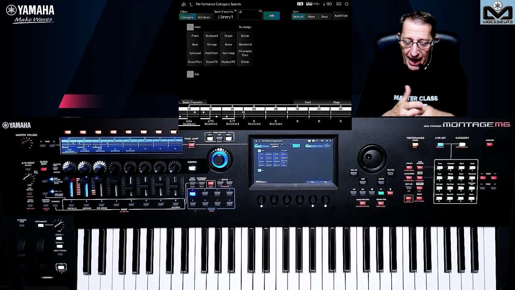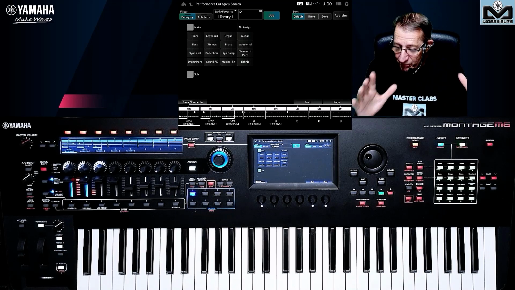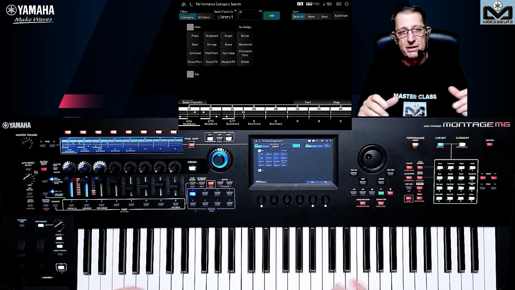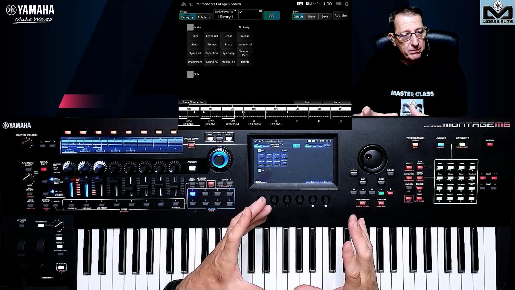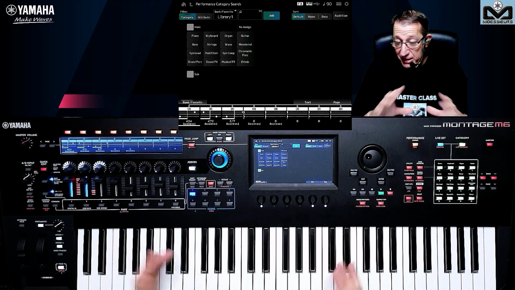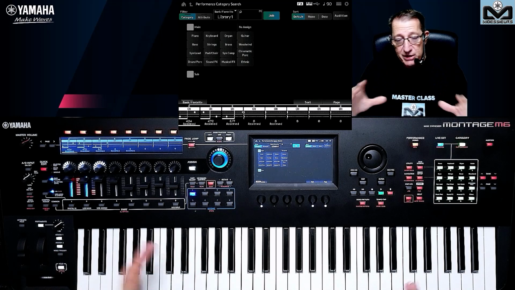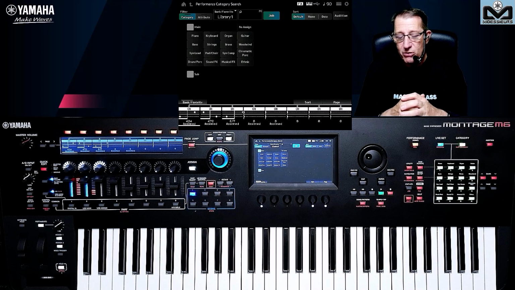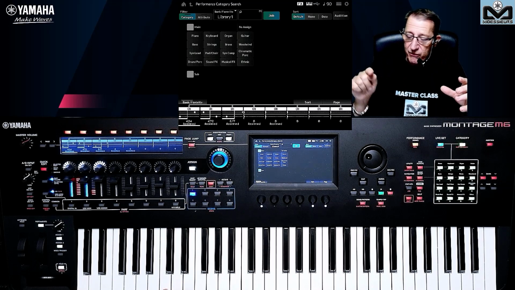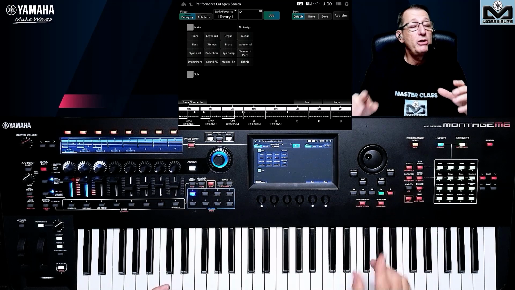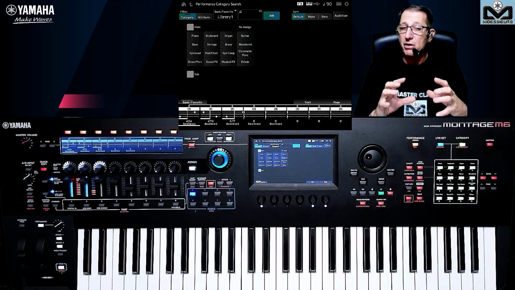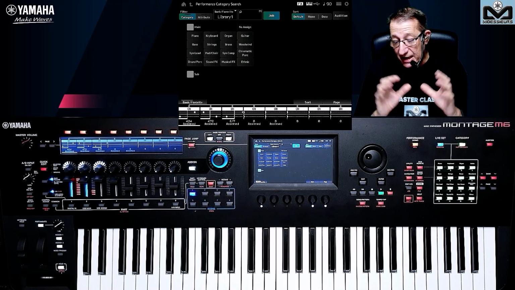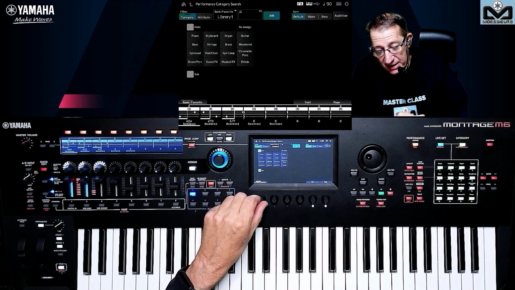So that means that in library, the thing you need to understand is that it's a block. You load a block, even if there are only 3 performances, it's a block. Yeah, there is empty space, okay, but this is one library. You can load another one with 600 performances, okay, but it's a block. You cannot say, okay, on these 600, I want to delete this one. You cannot do that. It's a block. You delete all the library, or you keep it as it is, okay? So that's what you need to understand about the libraries. You have 16.